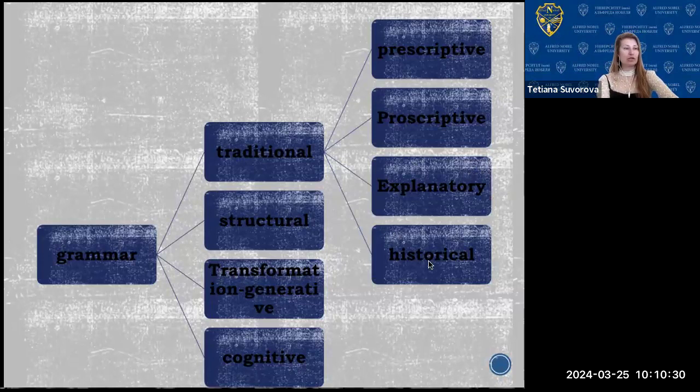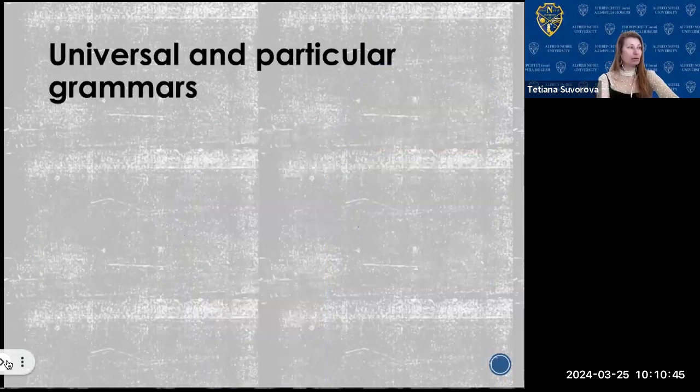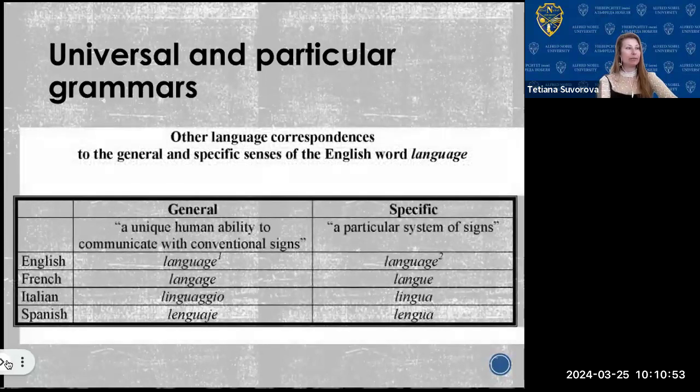That is also why explanatory: why, for example, we should use this and not the other. And historical generally describes the state and early formations, what we had, for example, in Old English, then in Middle English and modern English, and so on. And everything is covered by theoretical grammar as well, because it gives the theories about that. That is why it is called theoretical grammar. Well, the universal and particular grammars. Here we should also pay attention